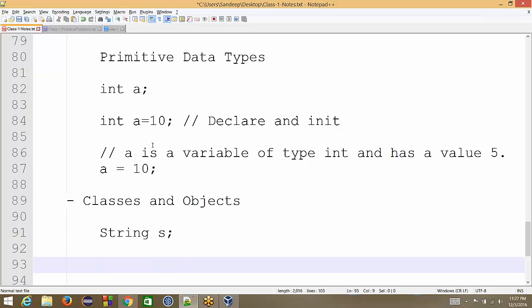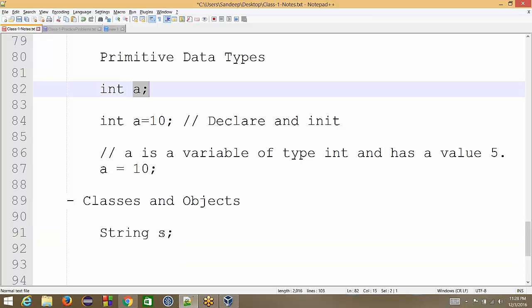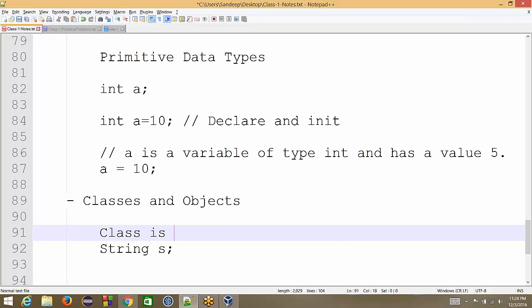So that is one distinction, that when we have a variable whose type is class, we say, okay, this is not a variable, s is an object because its data type is a class. Otherwise, in our mind, we'll just have the same image. Here a was a variable, here s is a variable. Treat it in the same way. But keep the differences in mind. One difference you have seen, s is an object because its data type is a class. And class is a UDT. It's called user defined data type, not primitive data type.